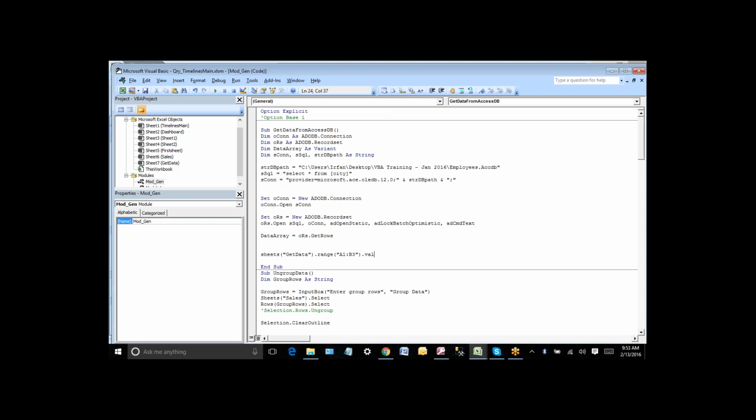B3.Value is equal to Application.WorksheetFunction.Transpose, and pass what we have, where we have collected the data. Okay,